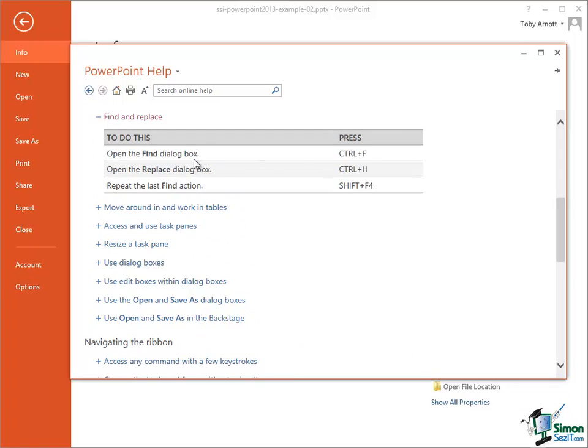So to open the Find dialog box, the keyboard shortcut is Control F. Open the Replace, Control H. Repeat the last Find action, Shift plus F4. Now, there are many of these keyboard shortcuts, as I'm sure you appreciate. Some people print them out, stick them on the wall and use them all the time, which is fine if that's how you work. I'm not going to cover those, but the PowerPoint help is a very comprehensive source for those,